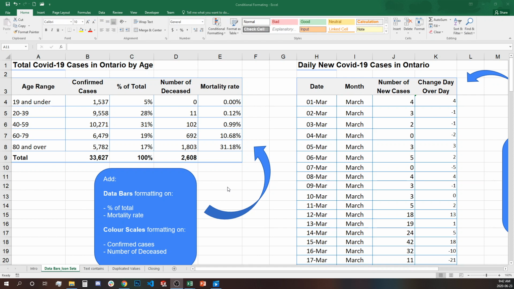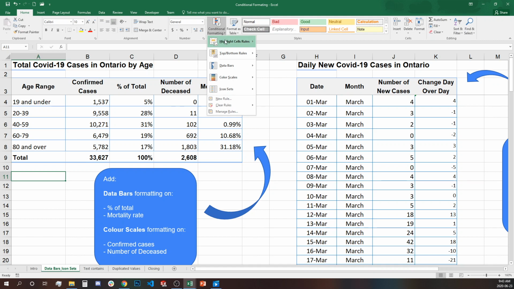Where can you find conditional formatting? It lives on the Home tab in the Styles group. At the very beginning, you can click the drop down and you have different options. You have highlighting cells greater than, less than, between, equal to something, text that contains, date occurring between probably two different dates or whatever it is,